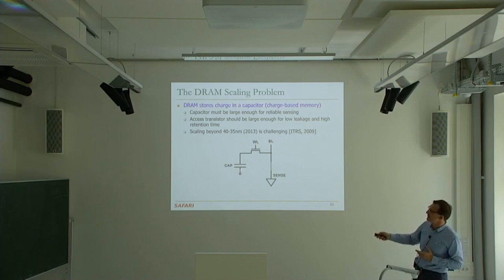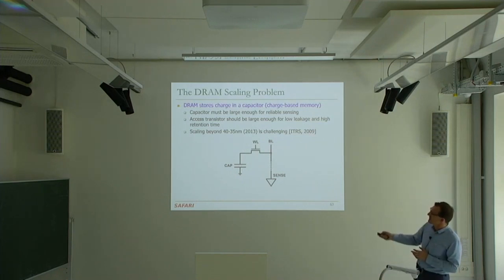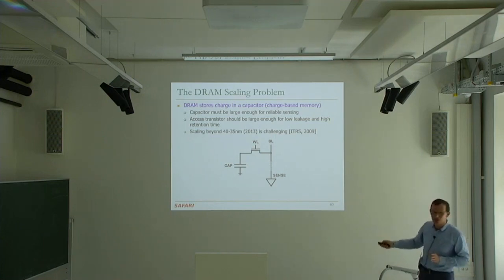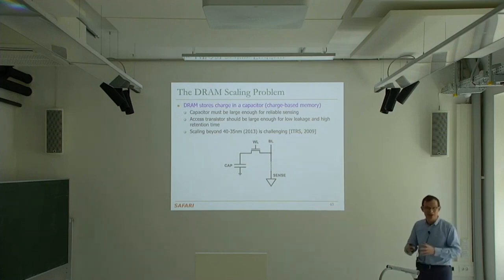There's an RC path from the capacitor to the bit line. So if you have a lot of leakage over here, you have a problem with your access device, right? And also, your bit line and sense amplifier should work also. People put a lot of effort into the design of the sense amplifier, for example, to be good. But it turns out reducing the size of the cell makes both of those properties difficult to maintain. The capacitor becomes smaller, less reliable, and the access transistor becomes more leaky and more vulnerable to random effects.